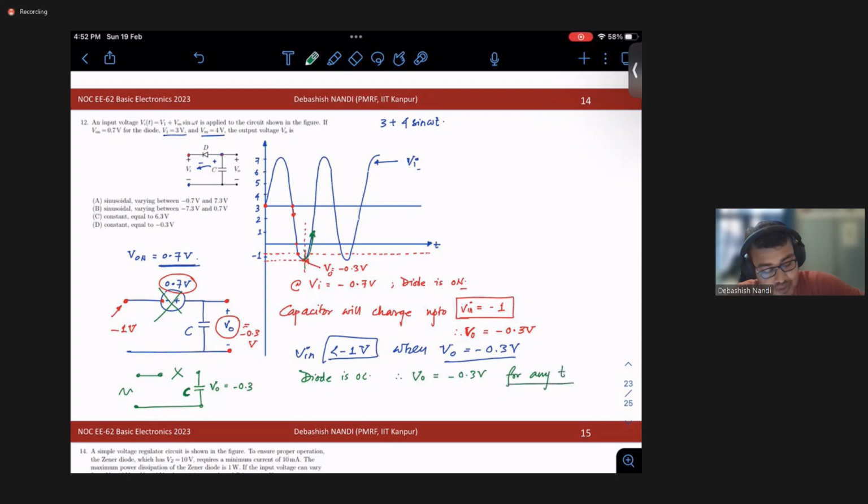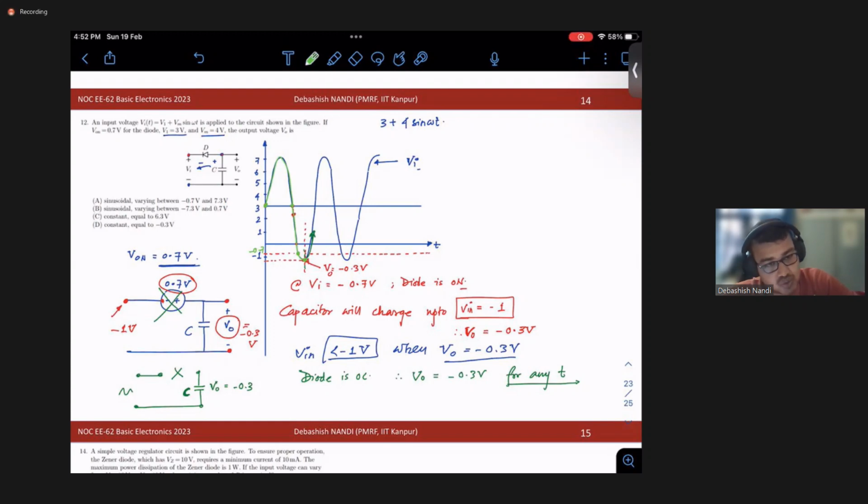Again, I am explaining this part. Till here it is a reverse biased diode, the circuit is off. Here it is coming, and when it is minus 0.7, then my capacitor starts charging. At minus 1 volt, the capacitor is maximally charged to minus 0.3 volt. Then for the diode to keep conducting, my V in should be less than minus 1,